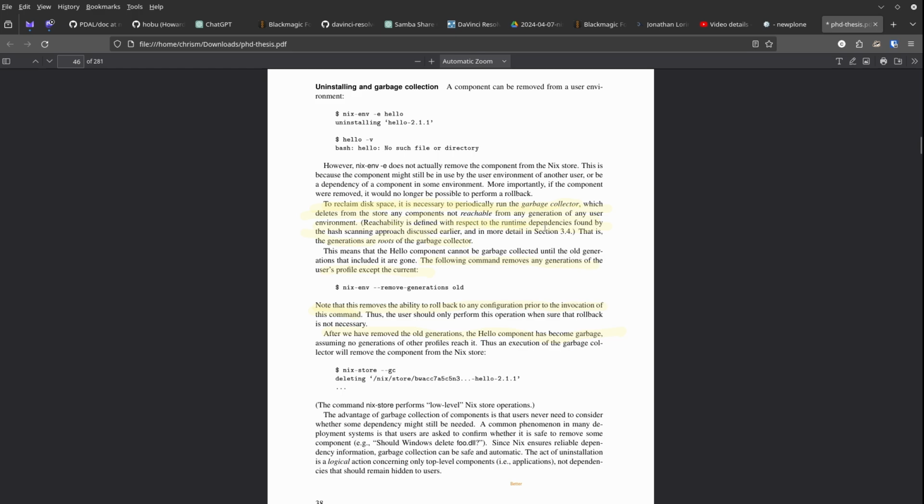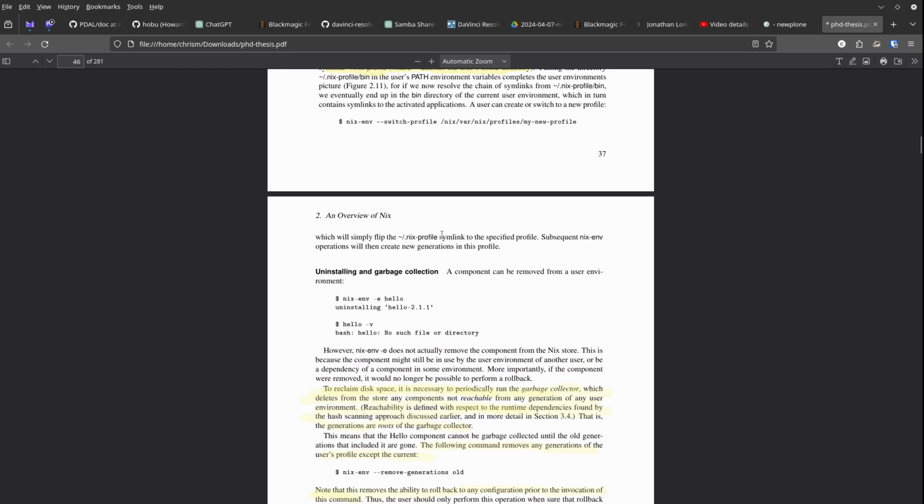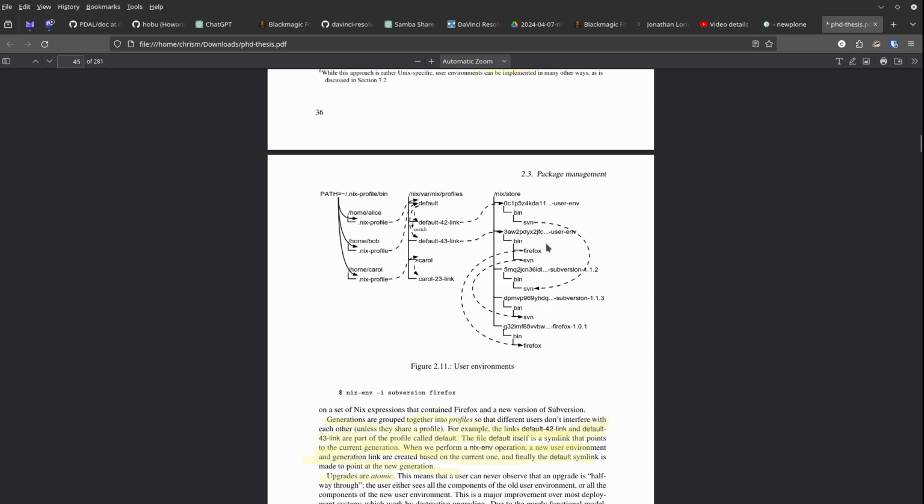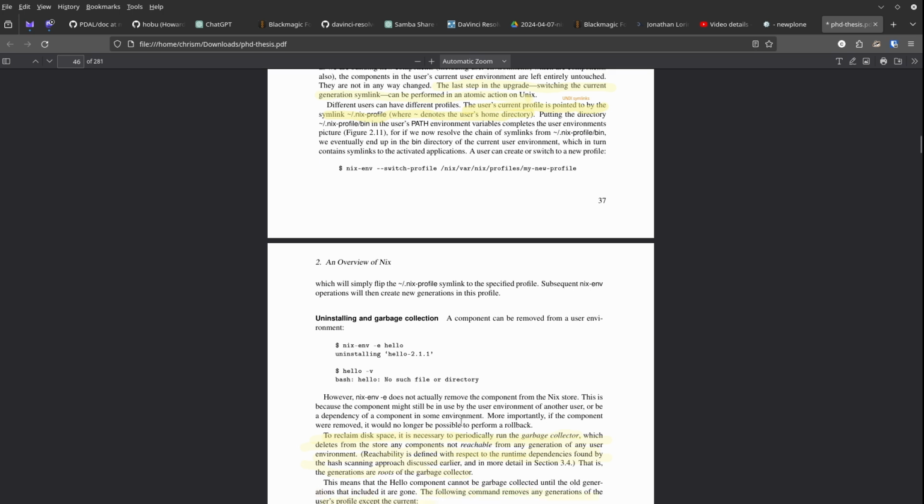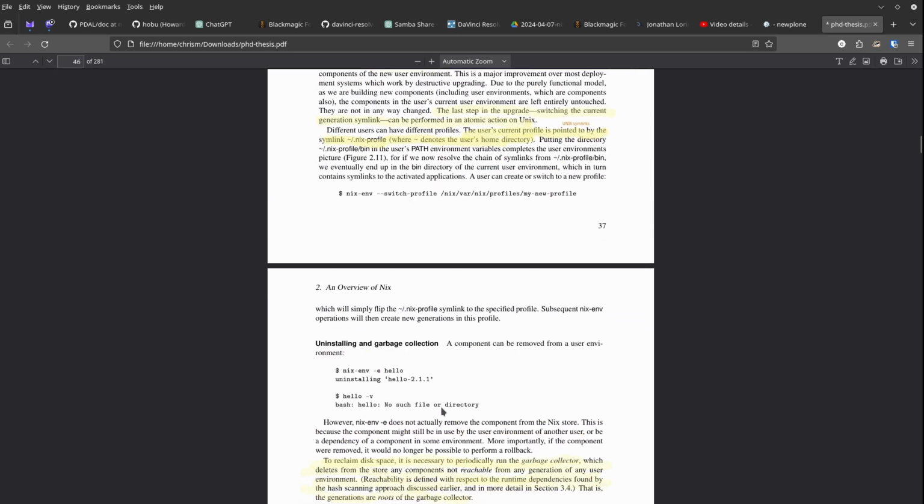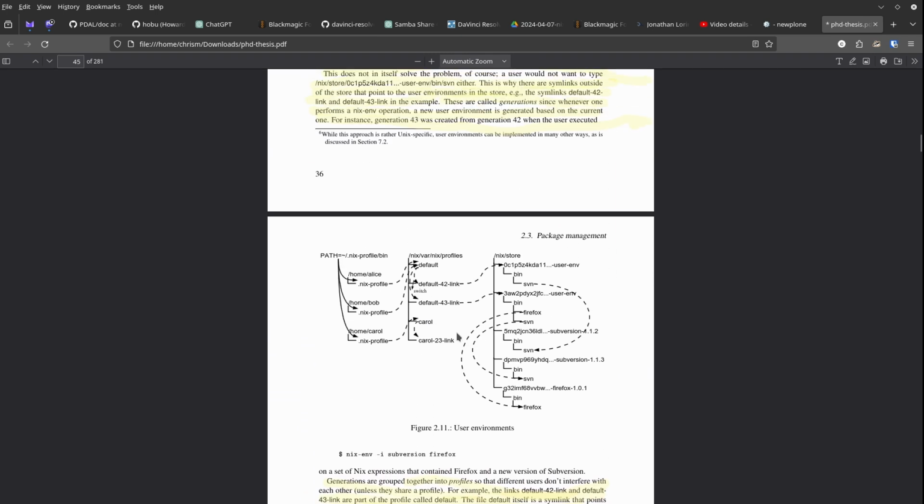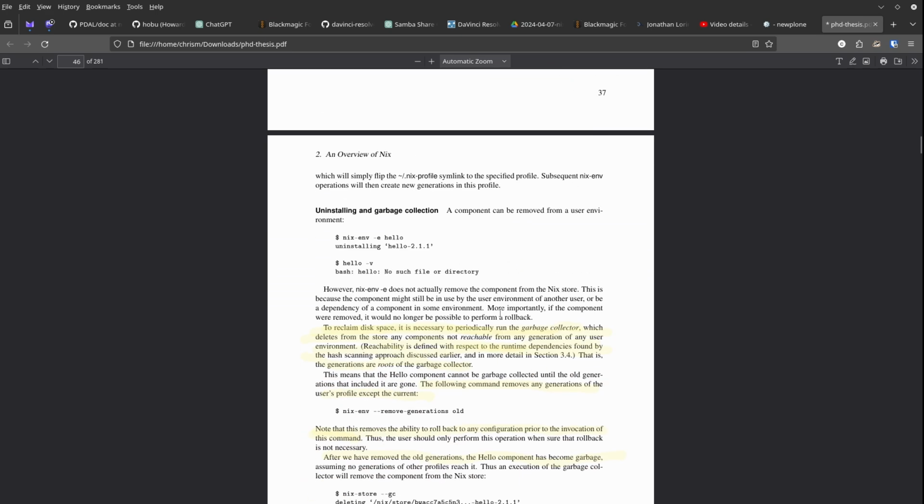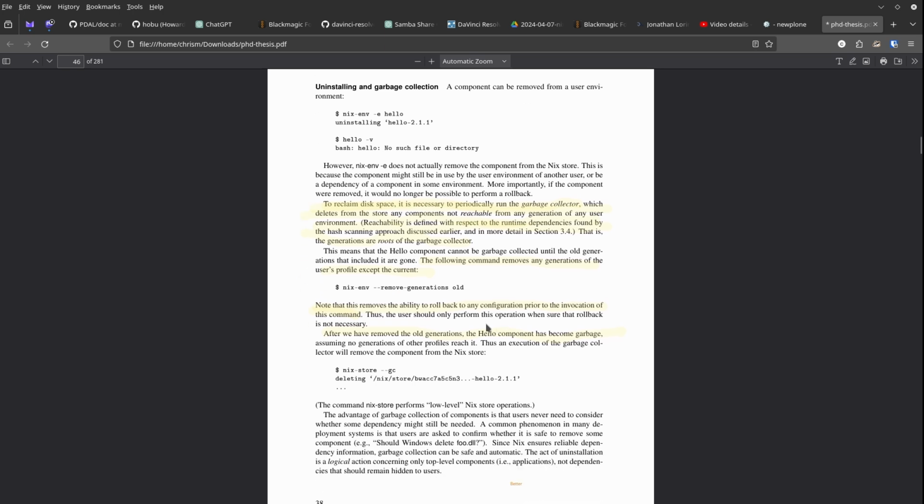But what he's saying is that the generations here, these links, these default 42, default 43, Carol 23, whatever, are garbage collector roots. And when these symlinks are deleted and we don't have anything referring to stuff over here, so if default 43 link is deleted and we run a garbage collection, it means that this Firefox and this Subversion will go away. Right. So we reclaim space. I think it's a little bit more complicated than that, but